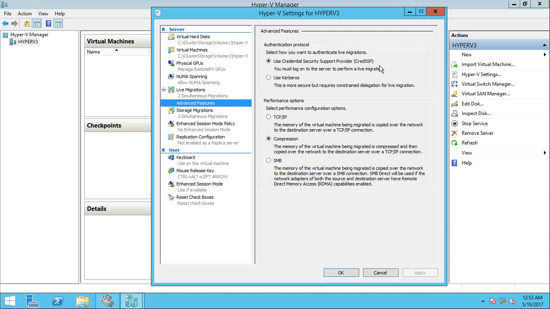I'll make a detailed video on it, how it works when it is not in a cluster, and what happens when it goes into the cluster. In Kerberos, you have to define a few settings in Active Directory for that particular virtual machine, that particular Hyper-V machine. You can select TCP/IP, compression, the SMB protocols and all. I'll make a detailed video on it, but since it is in a cluster, I'm not going to explain these parts. I'll explain it in the next video which I'm going to post in a few days.